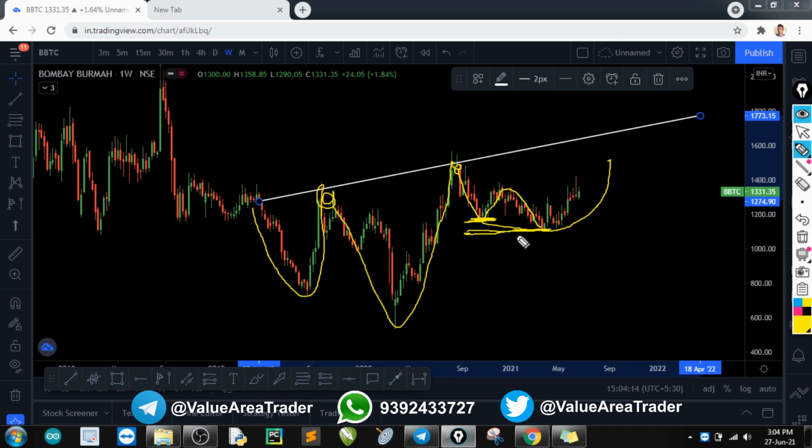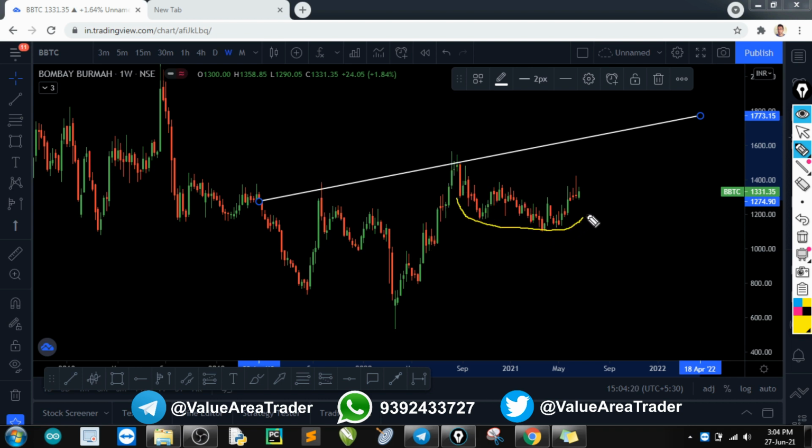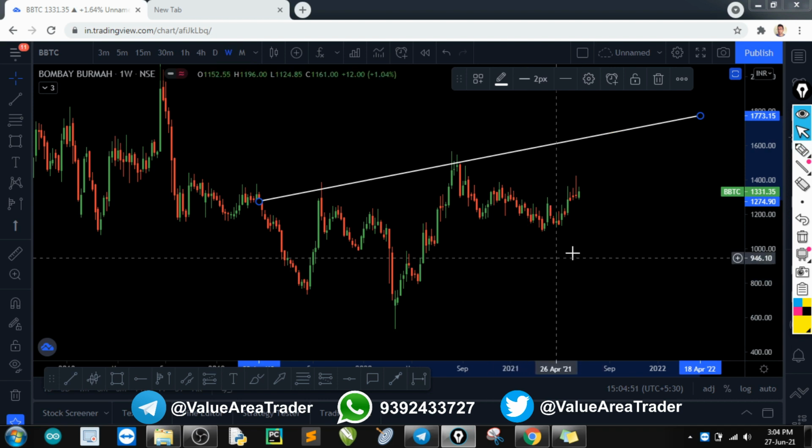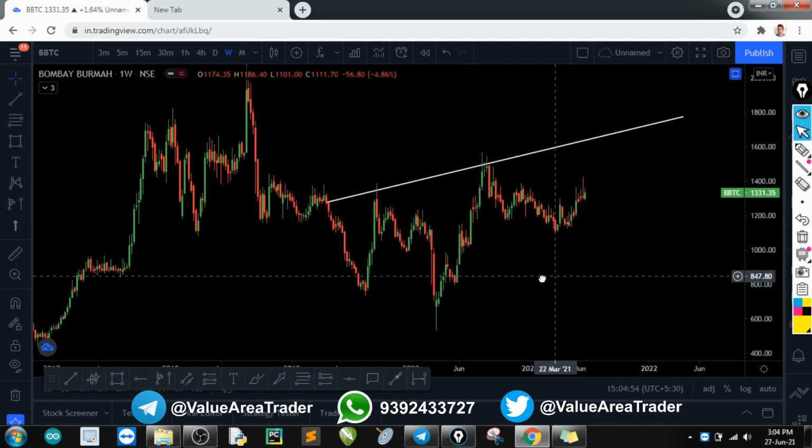If I traded in this, definitely my stop loss would have been taken, but still I believe this is the formation of a right shoulder. Also, you can see a small inverted head and shoulders forming here, probably going like this, and then there might be a small movement down here, and then probably we can have an up move towards the 1600, 1700 area. So it might take some time, but you have to be very patient when you are working with big time frames like the weekly one. Okay, so that's all the stocks that I wanted to share with you.